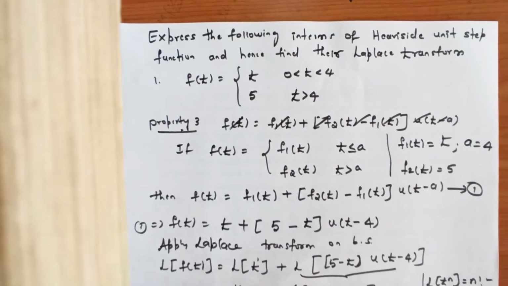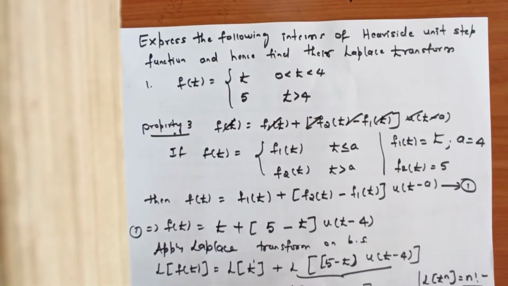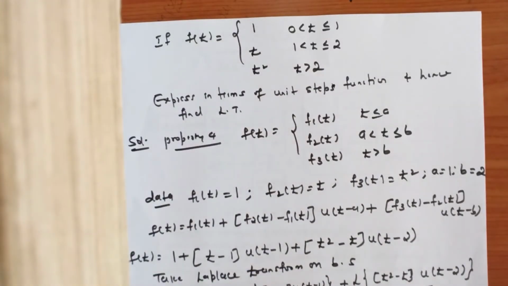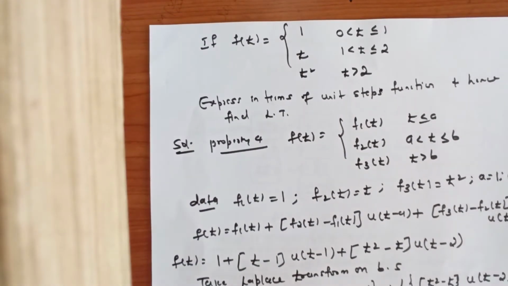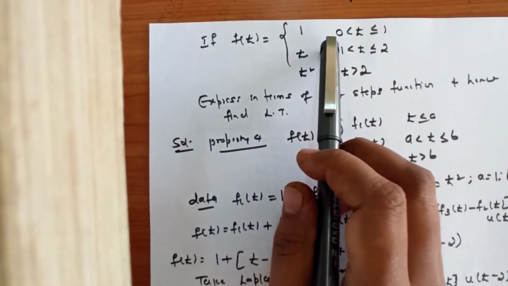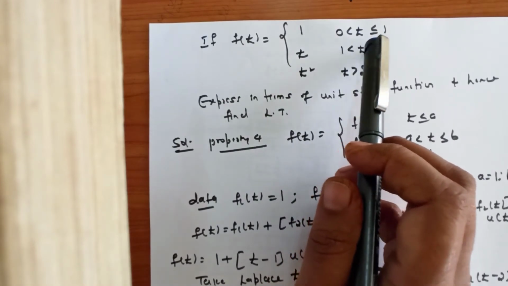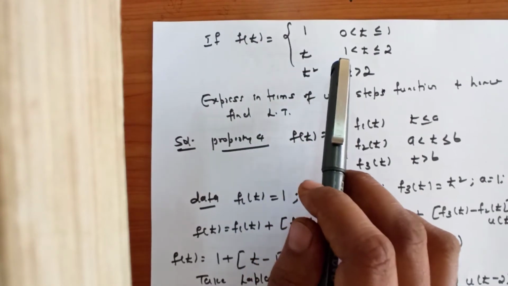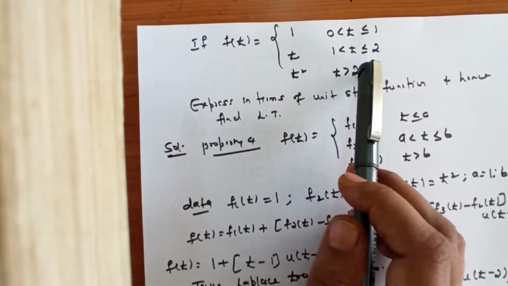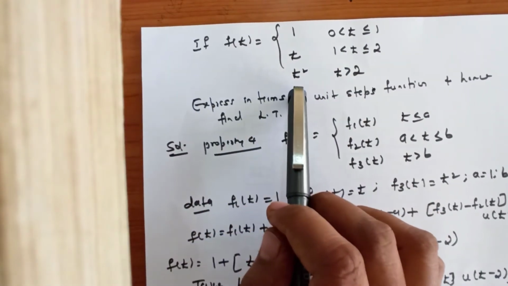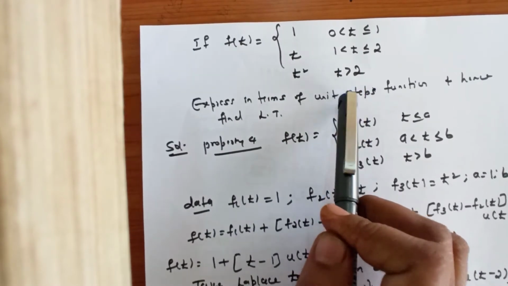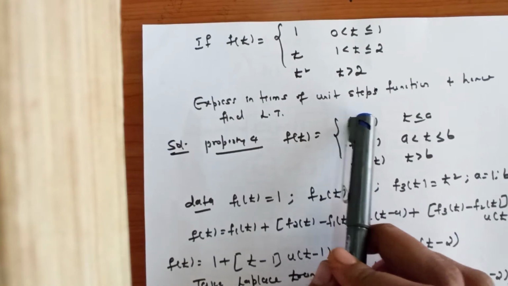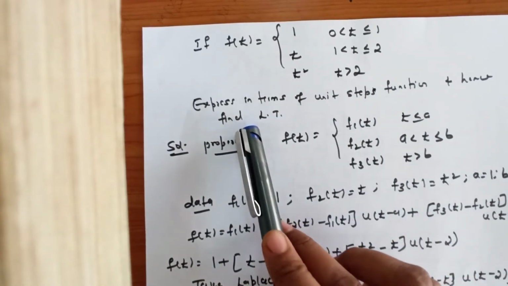And next we have a problem where your f of t has been split into three parts, that is your f of t is equal to 1 for 0 less than t less than or equal to 1, and f of t is equal to t when your t varies from 1 to 2, and f of t is equal to t square for t greater than 2. So we have to express this in terms of unit step function,